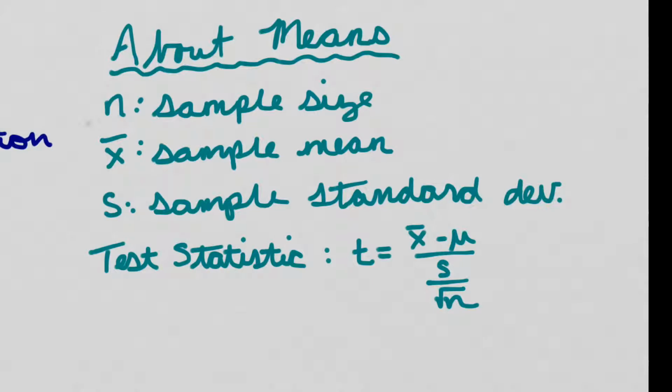We could make test claims about means, where we have our sample size again, our sample mean, our sample standard deviation. For this test statistic, we would use a t-table, because usually if we're trying to make estimations about a mean, we don't know the standard deviation. So if you don't know the standard deviation, you can't use a z-score. So a lot of the times we use a t-table when we're making claims about a mean. Again, these test statistics will help you build a confidence interval, and then you can use that to test your